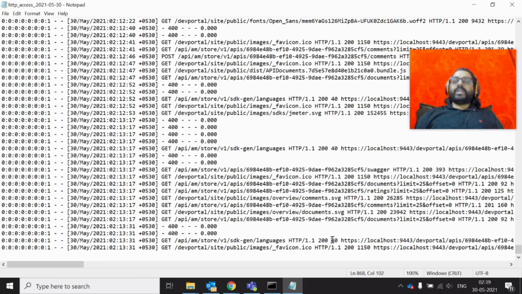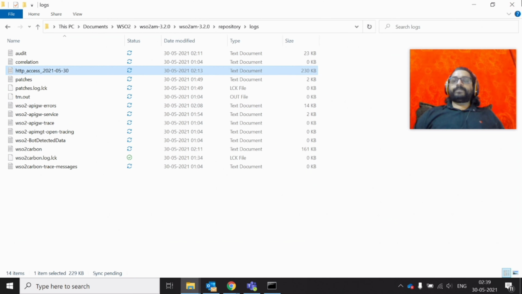Other parameters are not needed for us right now because these are all enough to see or debug what type of API call it was, what is the API endpoint, and what is the response code of a particular API. With this, we can determine whether any API call has been a success or failure just by looking at a single log statement using HTTP access logs.